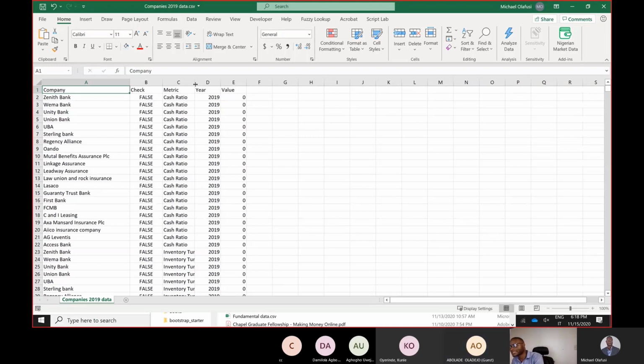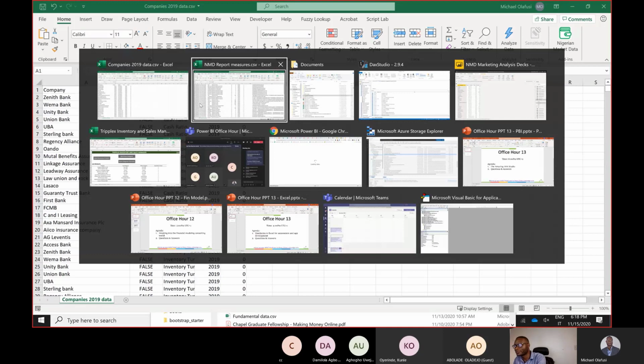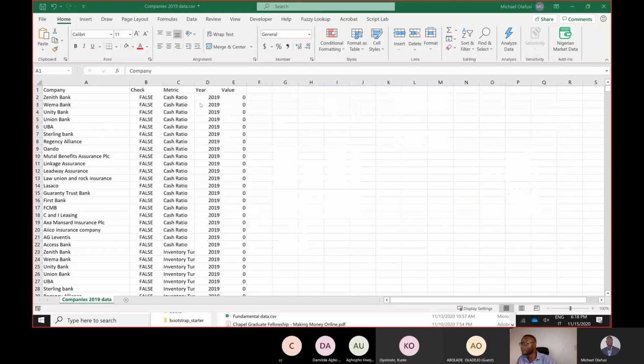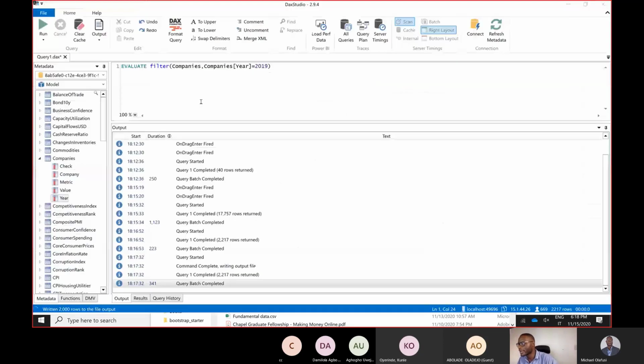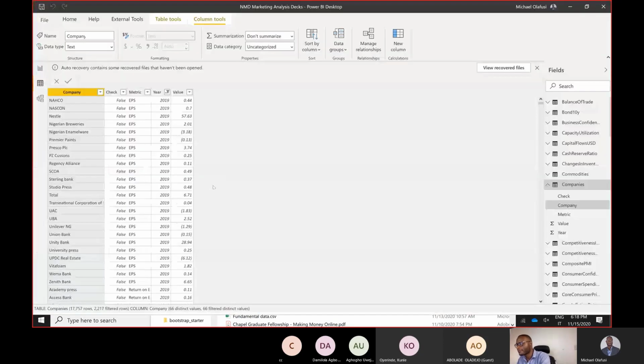Meet DAX Studio. DAX Studio is that tool that makes that very easy for you. So now, what other things do I use DAX Studio for? Also, I use DAX Studio for performance analysis. But before I go to performance analysis, I want to talk